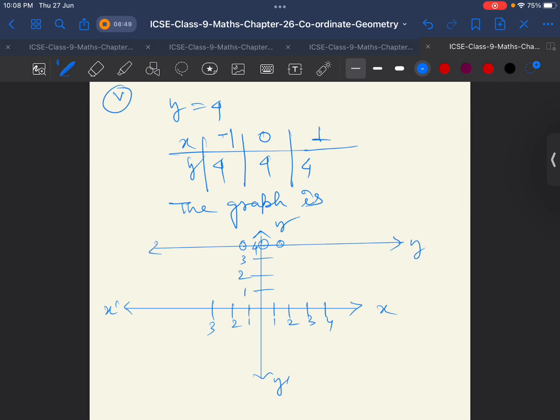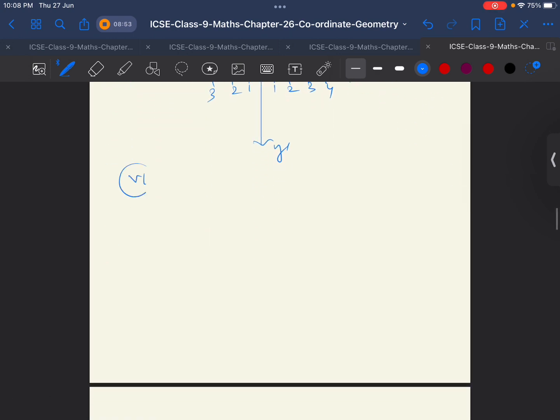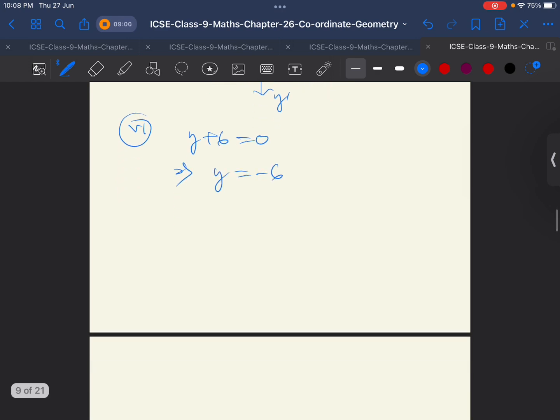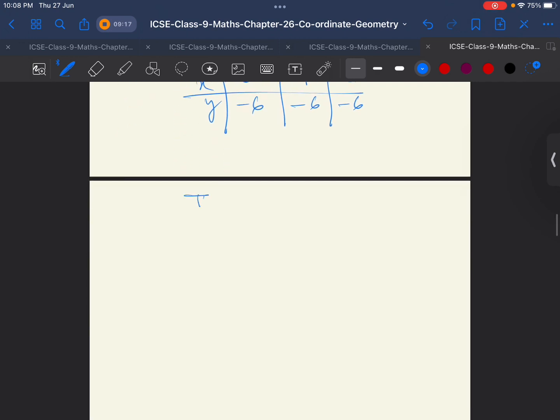This is the straight line y equals 4. Now question number 6. y plus 6 equals 0, implies y equals minus 6. So the table is here: x and y. y is minus 6 and minus 6, x is 0, minus 1, 1. Thus the graph is